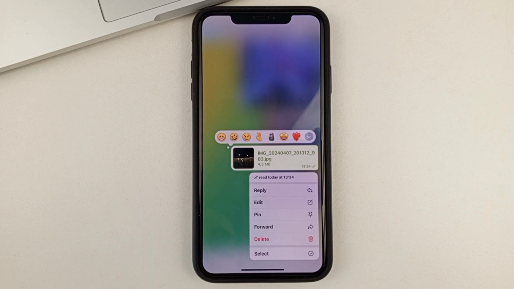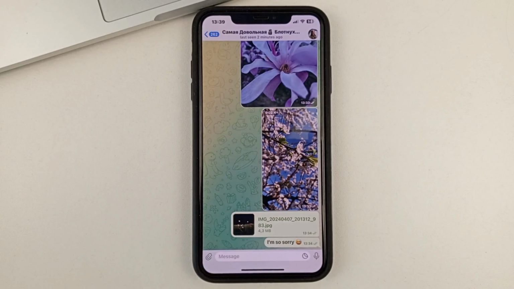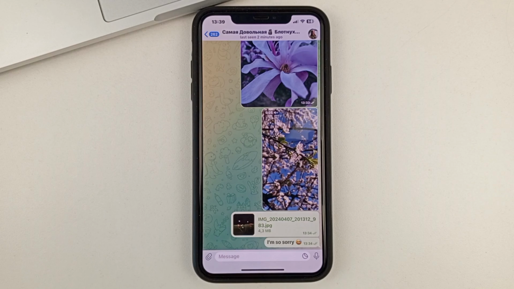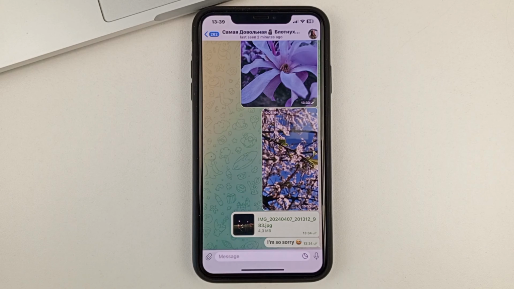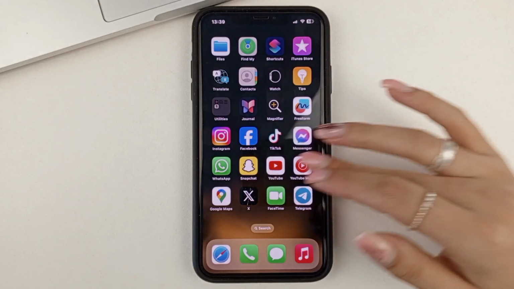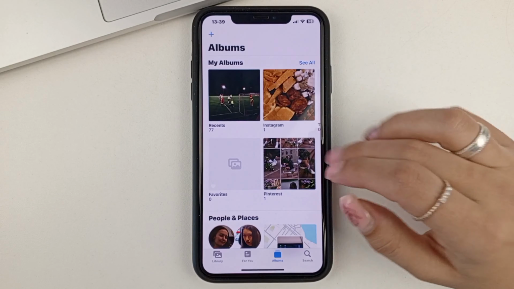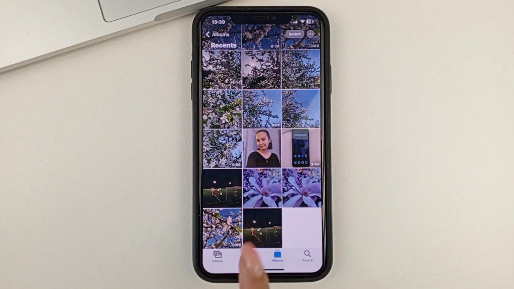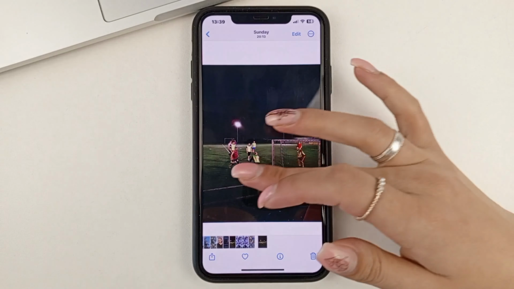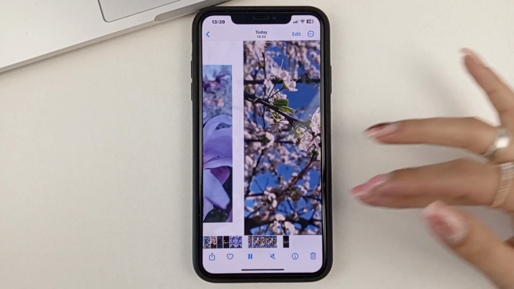But if you click on the file, then as you can see here, this function like download image is not there. So in order to download files, you have to wait for it to load first, then open and download. And now if you and I go to the gallery, we can see that all the files that you and I just downloaded, they are all in our gallery.